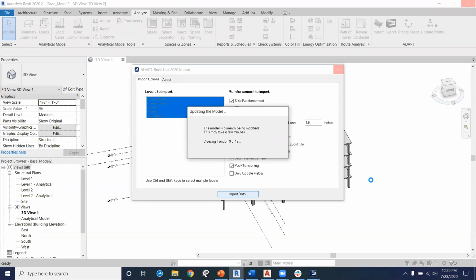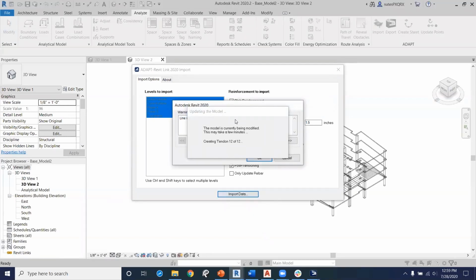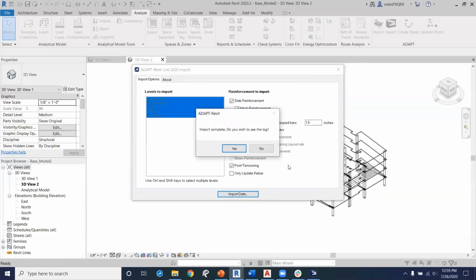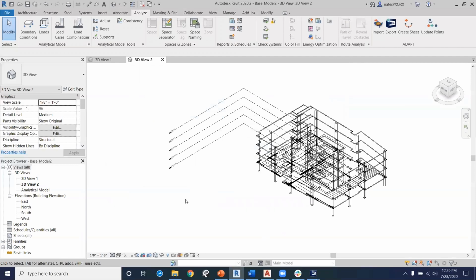It looks like it's going pretty quick since I don't have a ton of data in this model. It comes up with a report of any warnings and errors. We'll just click OK for the warnings. I don't want to see the log. And you can see already,